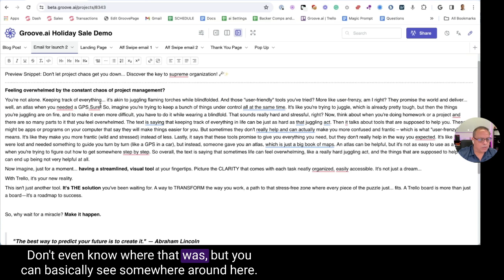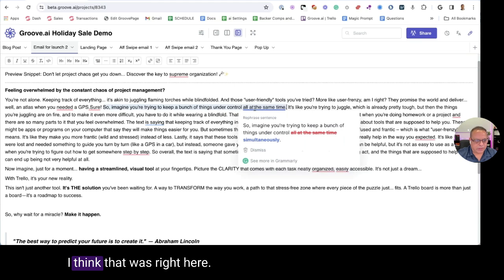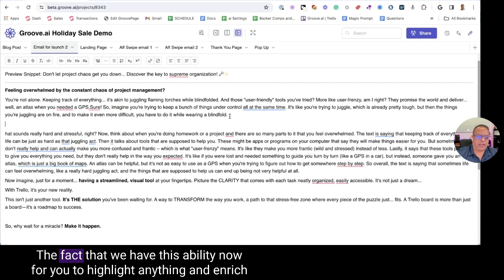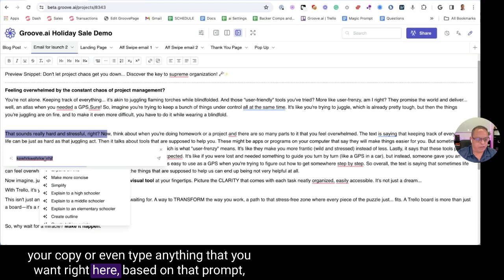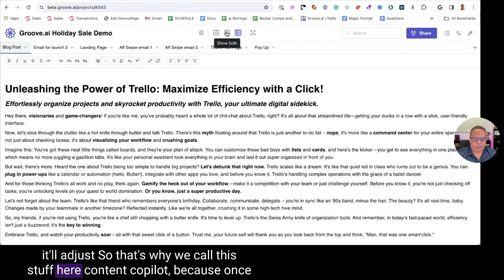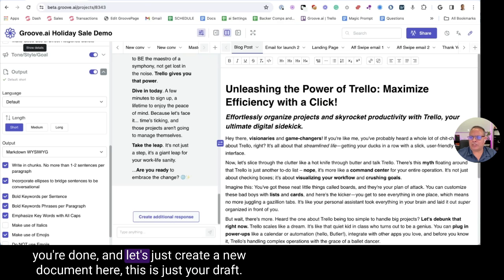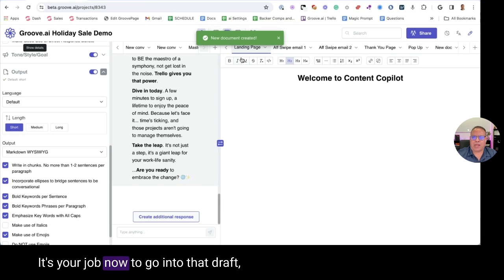Don't even know where that was, but you can basically see somewhere around here, I think. That was right here, something like that, right? But you get the point. The fact that we have this ability now for you to highlight anything and enrich your copy, or even type anything that you want right here, it'll adjust based on that prompt. So that's why we call this Content Copilot, because once you're done, and let's just create a new document here, this is just your draft. It's your job now to go into that draft,